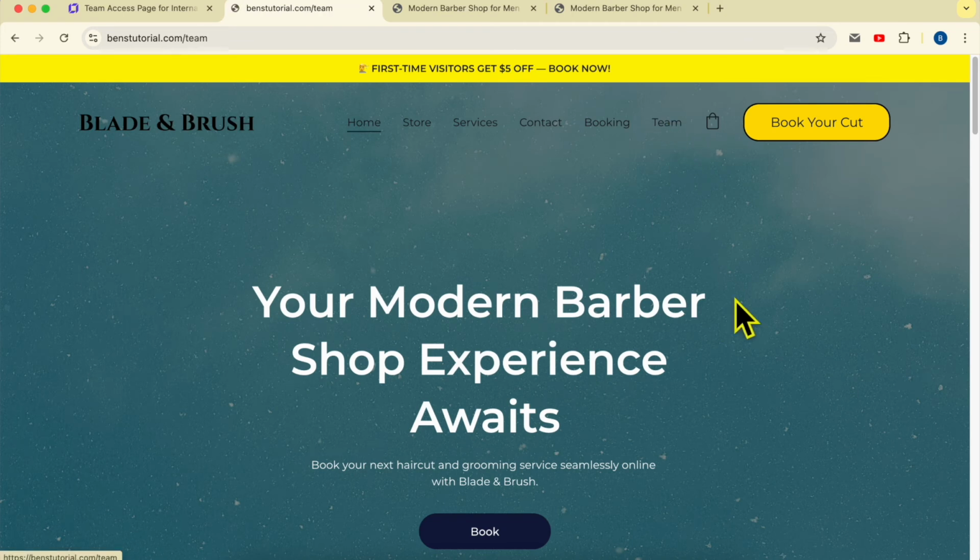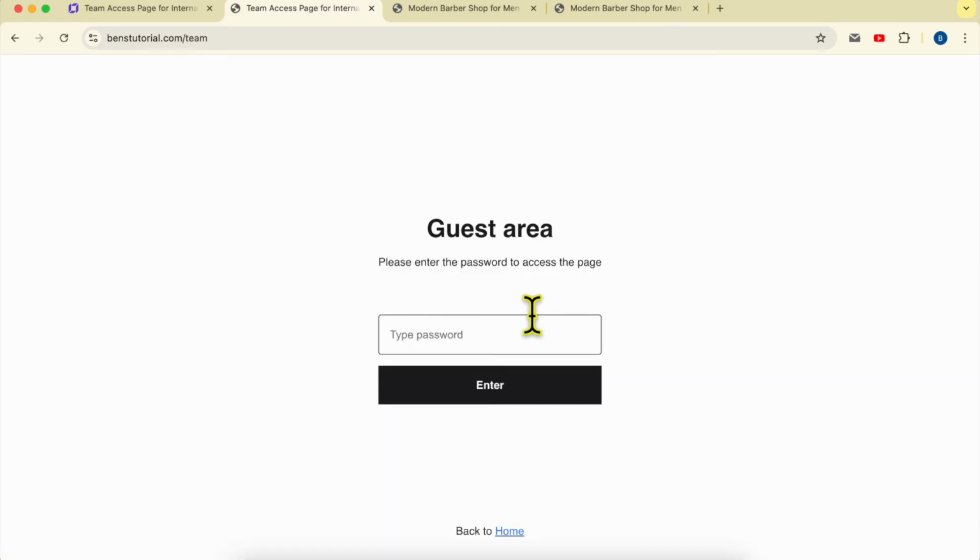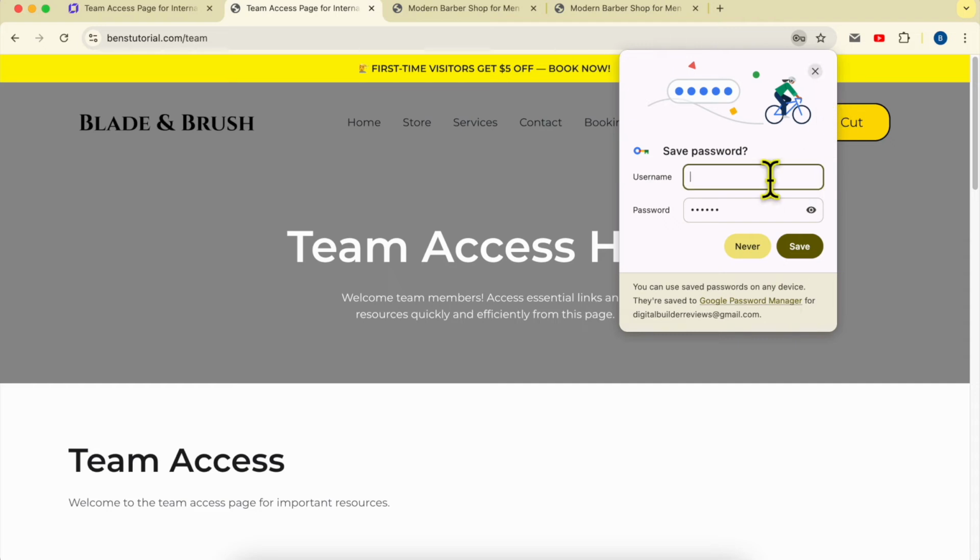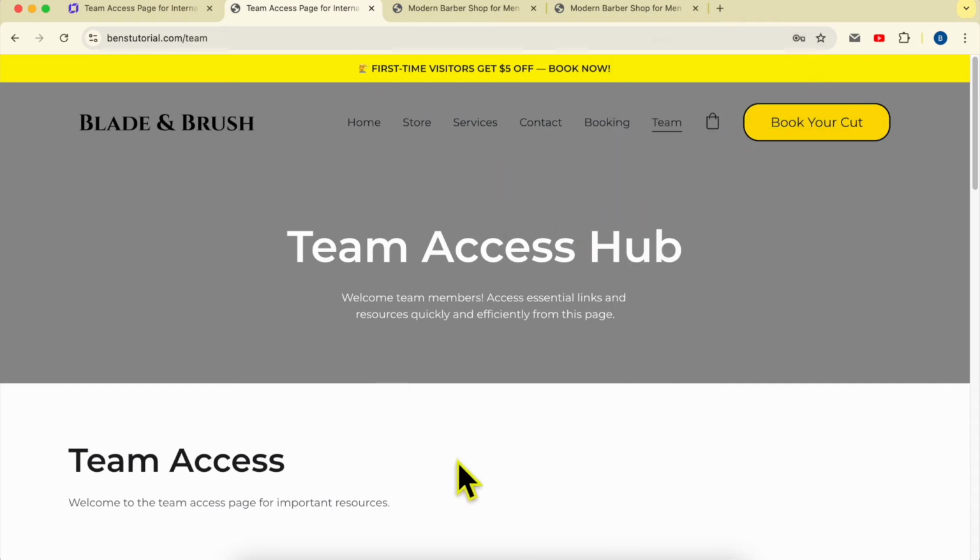And let's view my website live. Now, if I click on this team page, my website asks me for my password. I will fill it and hit enter. And just like that, this page is password protected. Now let's check the second